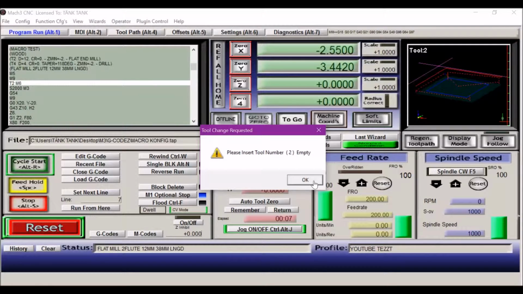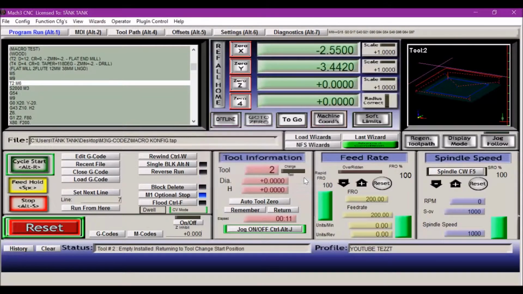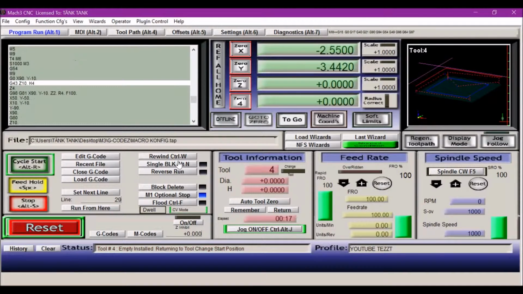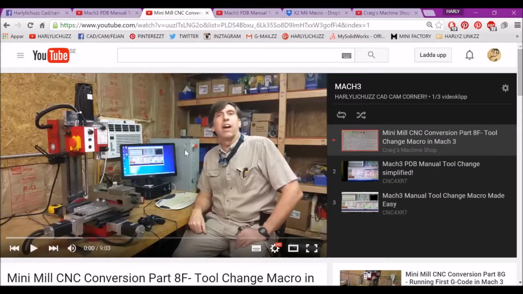So if you get into trouble and the macro that you added doesn't work, it starts again, and it starts going to ask you for the drill. And then it goes through the program. But in this macro, according to the videos, it's supposed to ask to press cycle start again. Like if you watch, let's see,